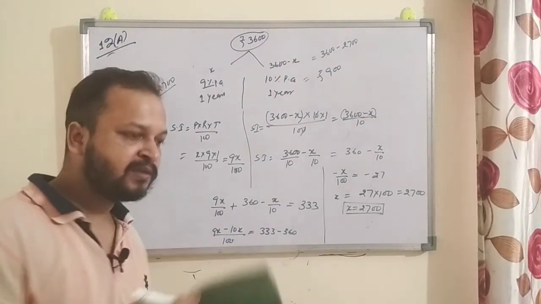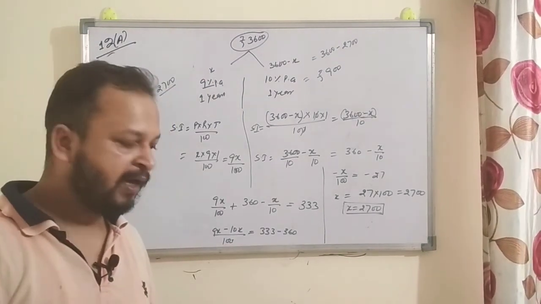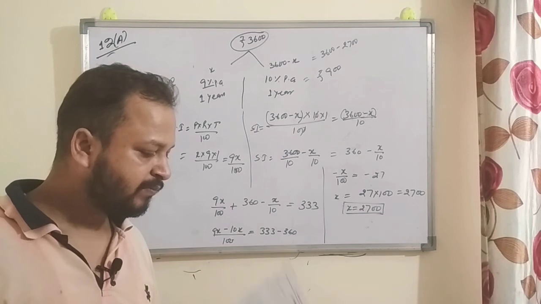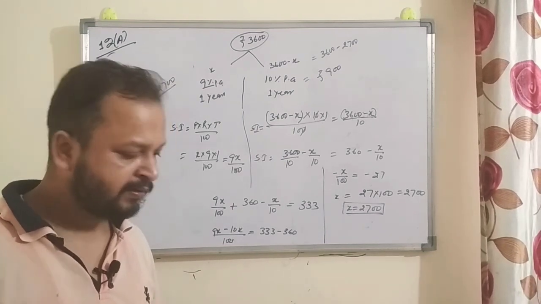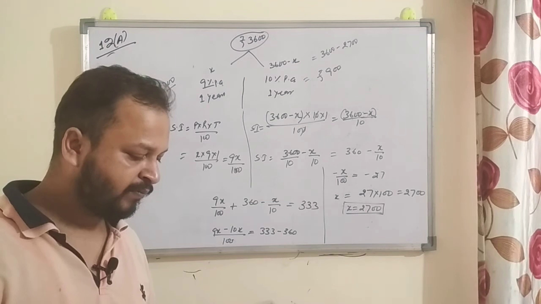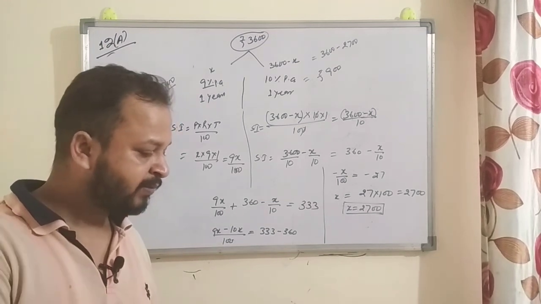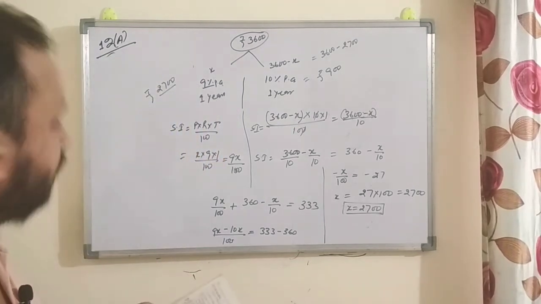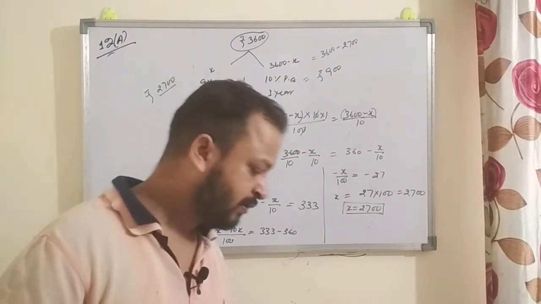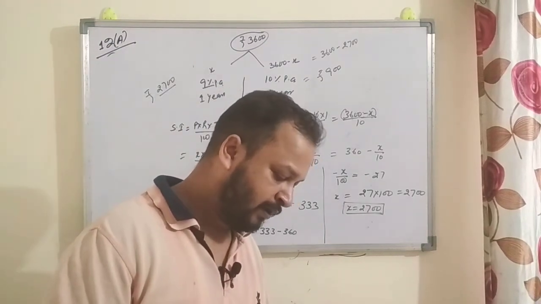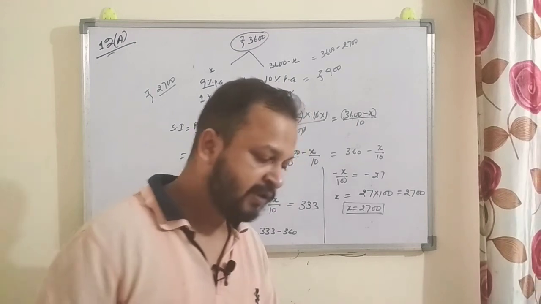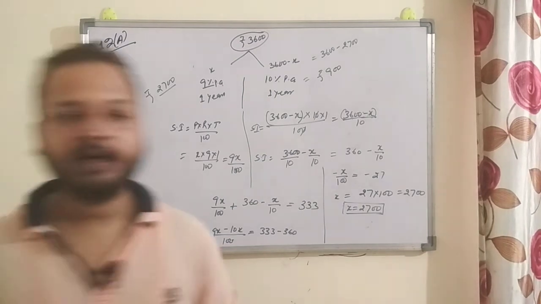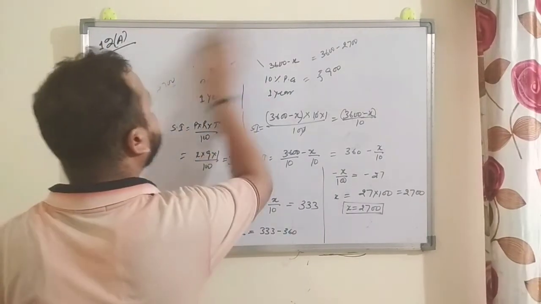So these are the three questions of simple interest that we had to discuss. Now the last question I am going to discuss is on page number 192. I'm just checking the answer. Yes, it's correct. So now I am going to solve example number 7, which is on page number 192 and 193.